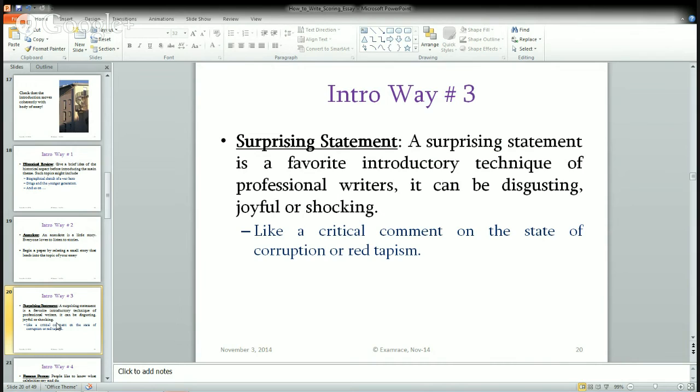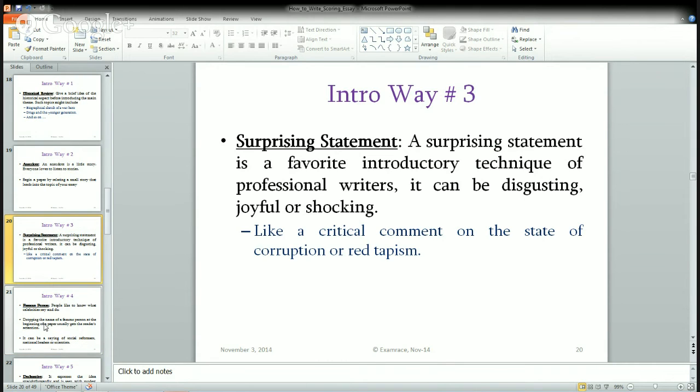So what I am trying to do is start with a surprising statement, and at the end of that statement, I can mention why. That would emphasize that the government that was previously and the government that is at present, there is corruption that is inbuilt in both the governments. Therefore, the names are not being disclosed. So that is a kind of surprising statement where you can start with why, what do you think? Okay, so these are the kind of surprising statements that you try to introduce.